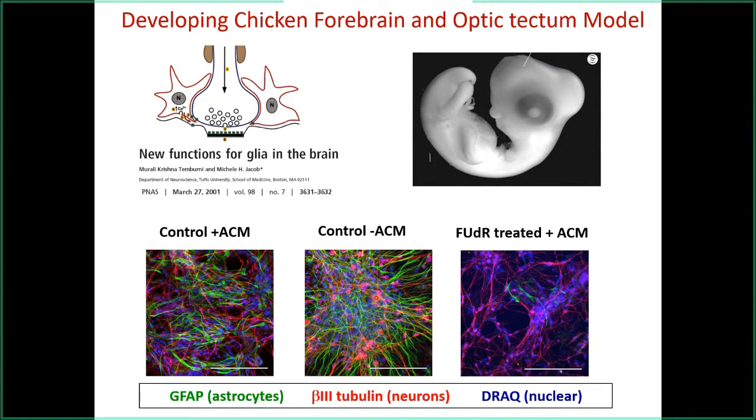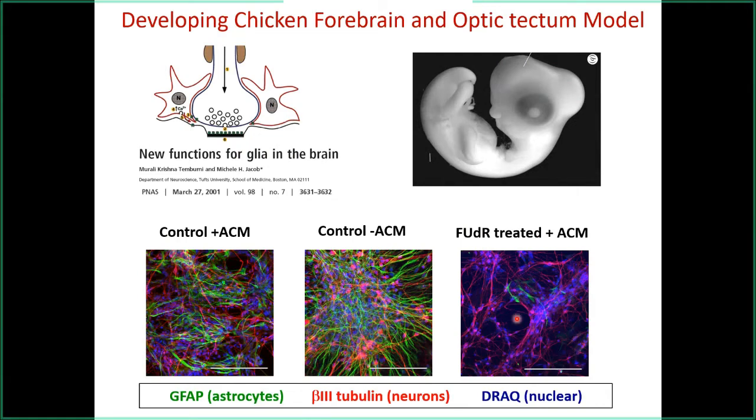We have these 3 conditions where we grow neurons and astrocytes. Control, in which both astrocytes as well as neurons are present. And then we culture pure neurons by killing off the astrocytes using a mitotic inhibitor, 5-fluorodeoxyuridine. Astrocytes are mitotically active, so they are killed, but neurons are post-mitotic and they survive. They are not affected by FUDR. However, to keep the neurons alive for longer times, we add an astrocyte conditioned medium, we call it ACM, and this contains all the growth factors that are necessary to keep the neurons alive long term.